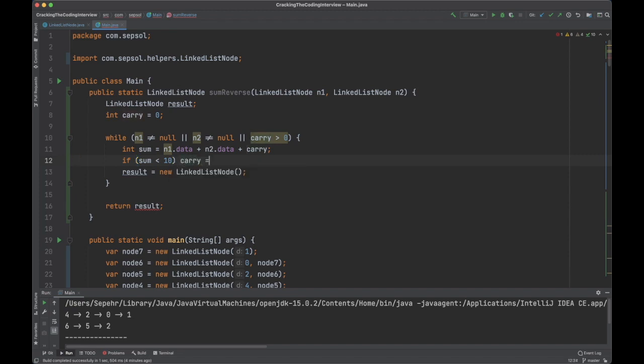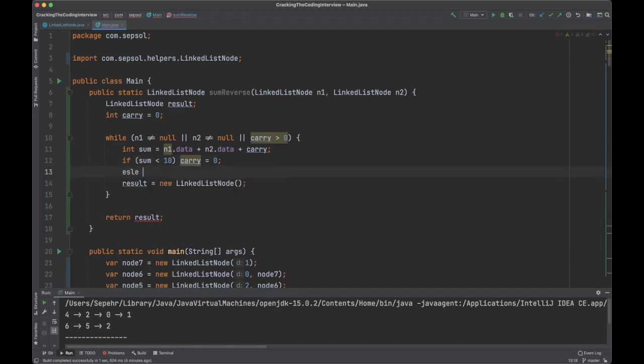Then don't do anything and just set carry to 0 if it's not already at 0. Else, do these set of calculations. Go and set carry to sum